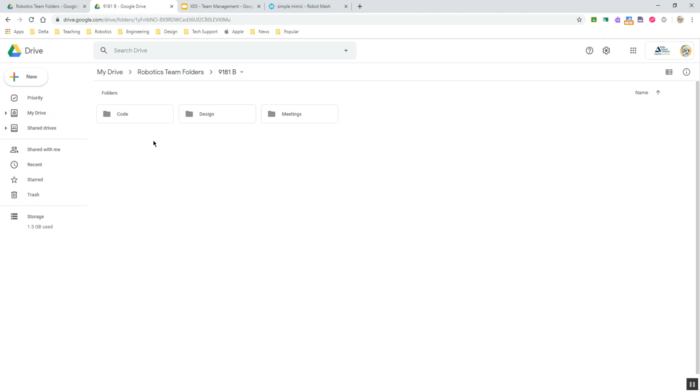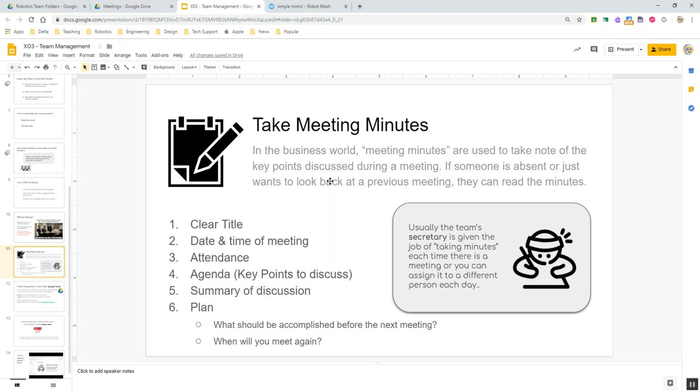And then the other thing that you'll want to do is start populating this with notes and ideas. So the meetings folder is the one that I'm going to be looking for first. And that's where I expect that you follow a consistent format for all the meetings that you do, at least the formal ones. You can have informal meetings whenever you like, but for the formal meetings, I need to see evidence that you're